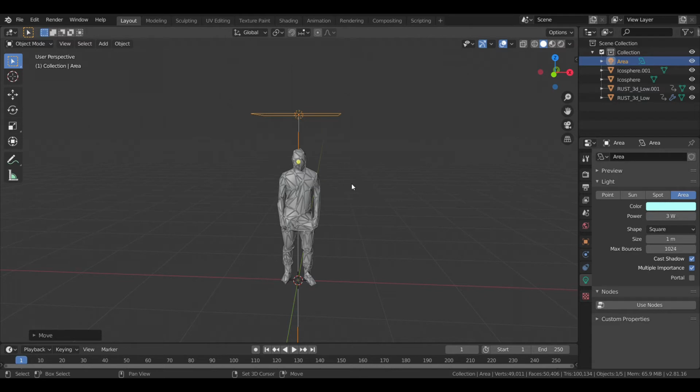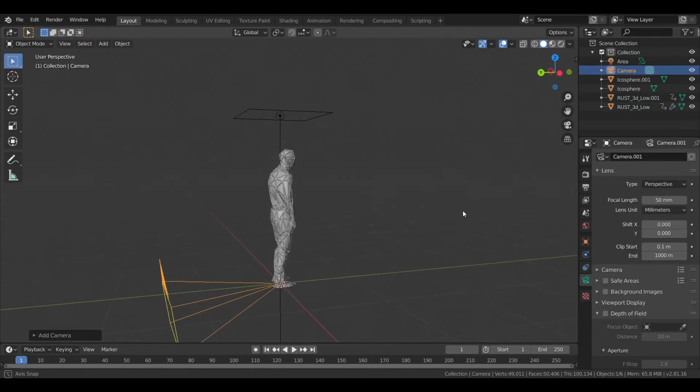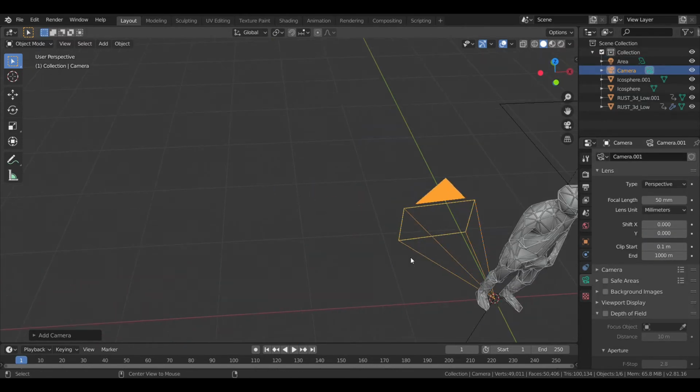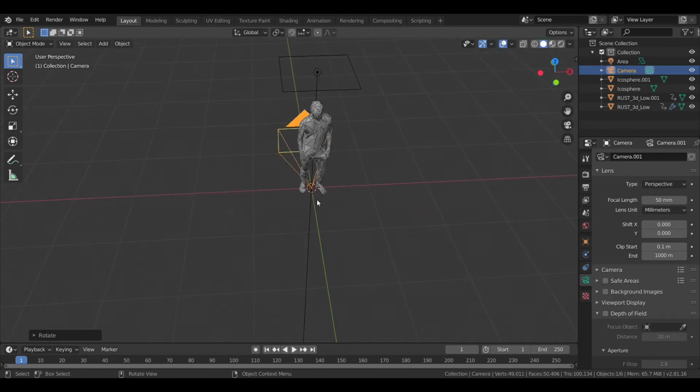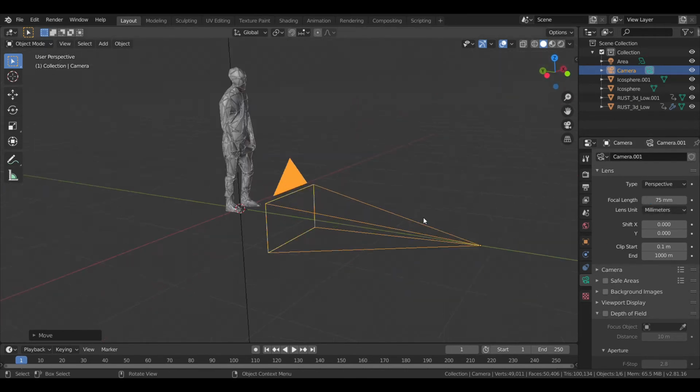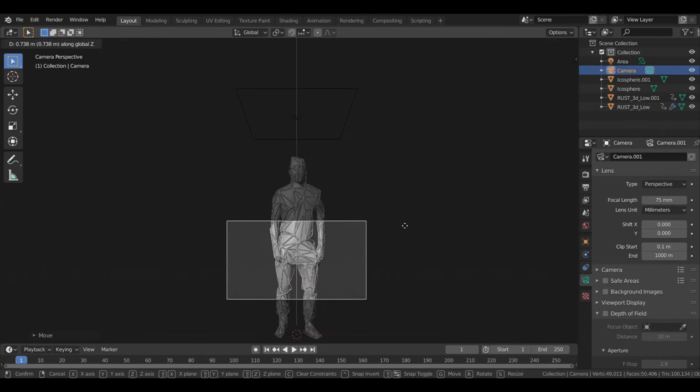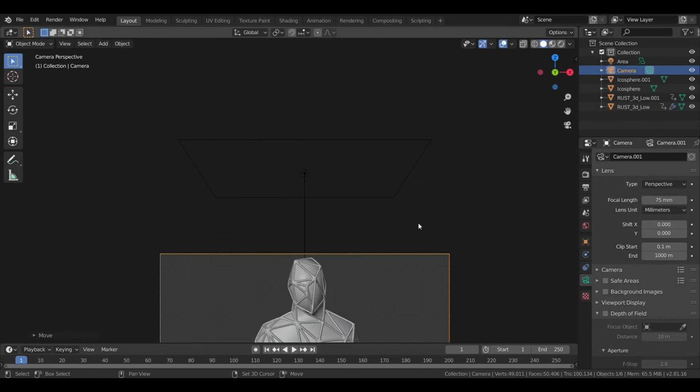So we'll add a camera first, Shift A camera, Alt R to clear our rotations. Now RX90, there you go, GY, and let's change the focal length to something like 75 mm. That's good. 0, we don't want that. GZ, and we want that. Now you can change